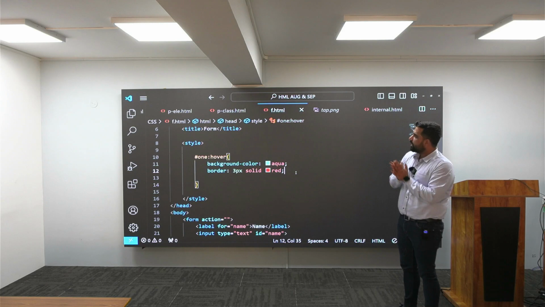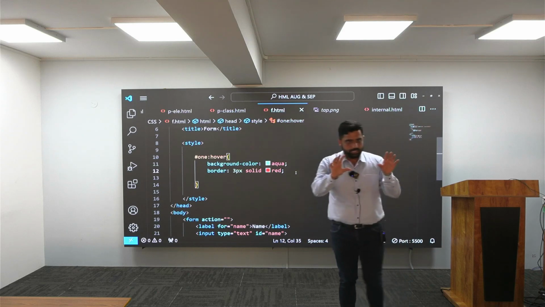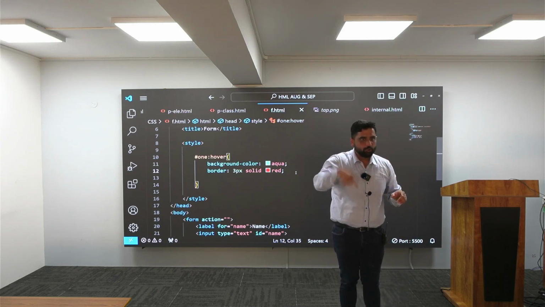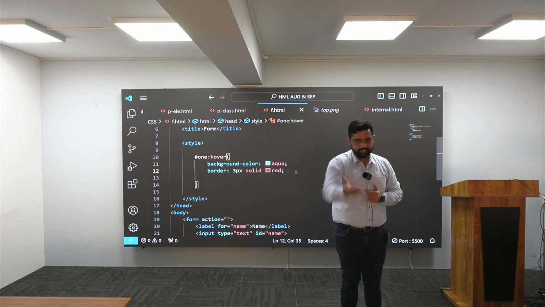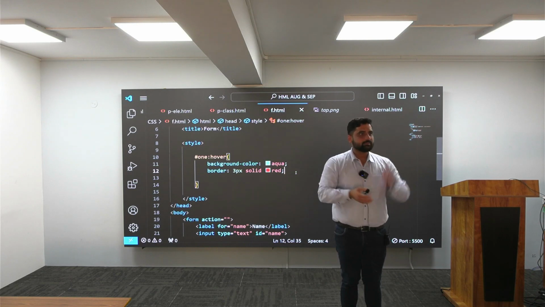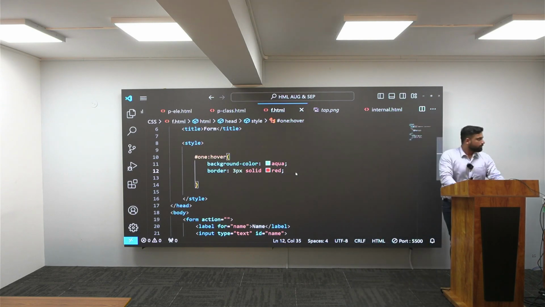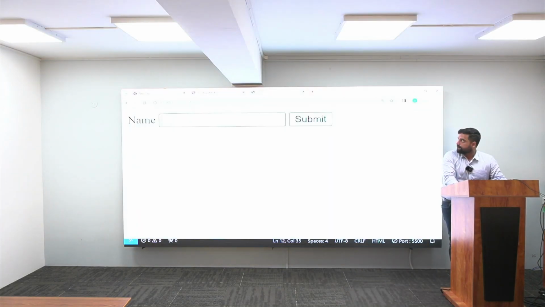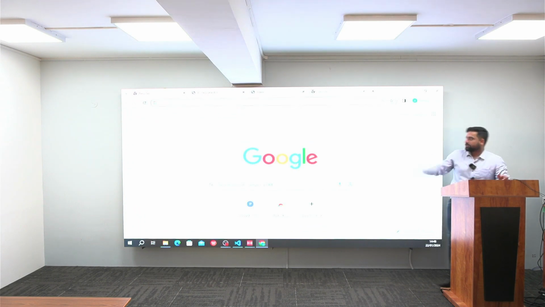Now, what will we do after this? Have you seen Google? If you open your Chrome or open Google, how does it display Google in the center? Please see that particular Google, how it is displayed. You have a system, right? Please open your system and search for Google. Here only, I got it.